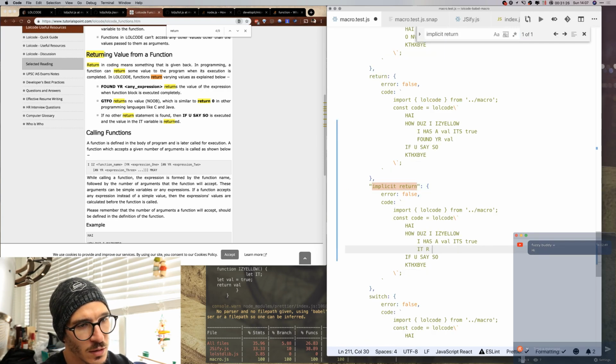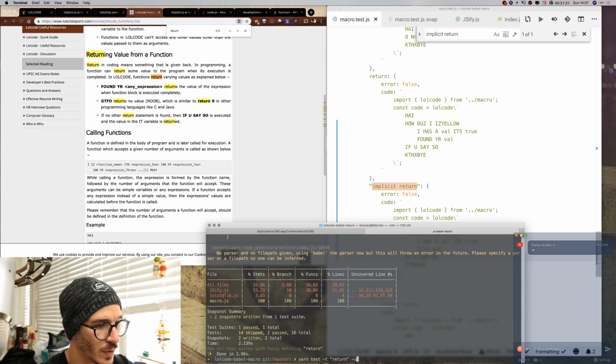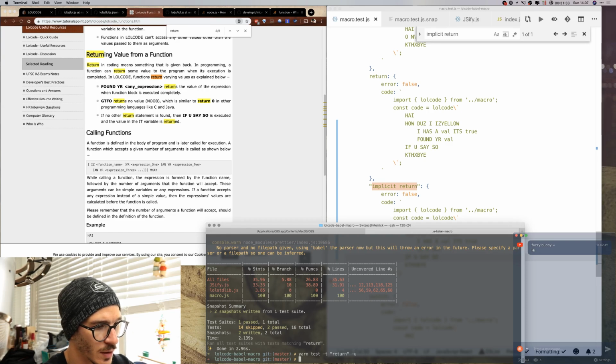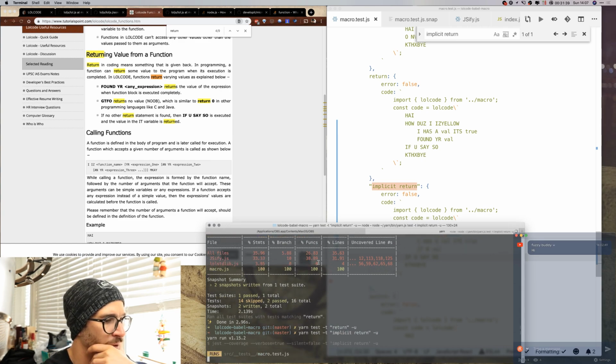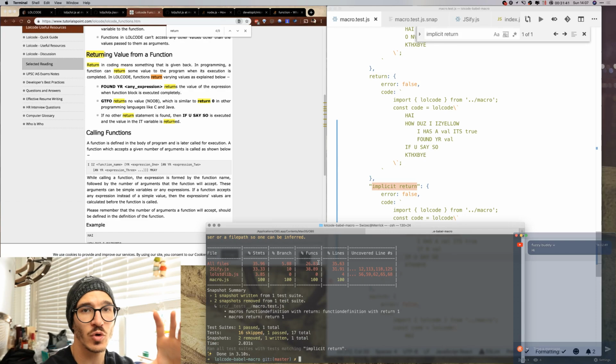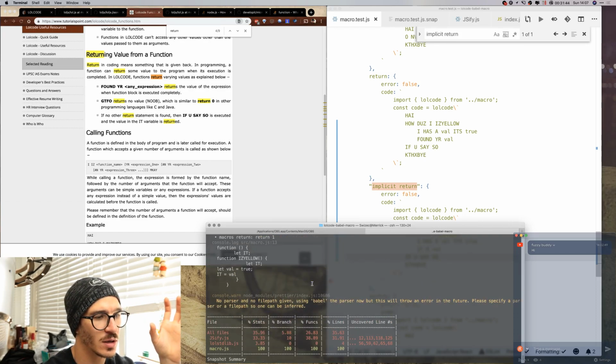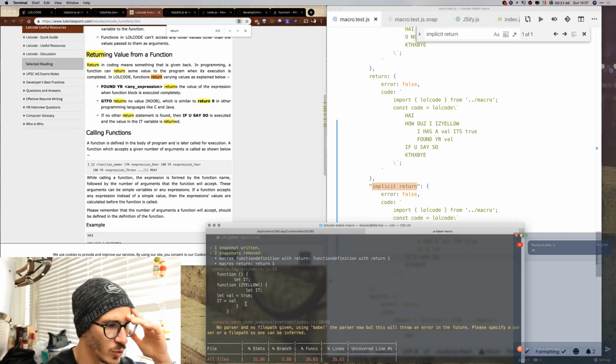It are val, and if you say so needs to return true, return it, I think. Let's see what that does. So these implicit values that work in interpreted languages are much harder to do in